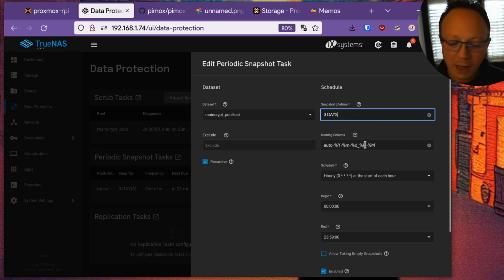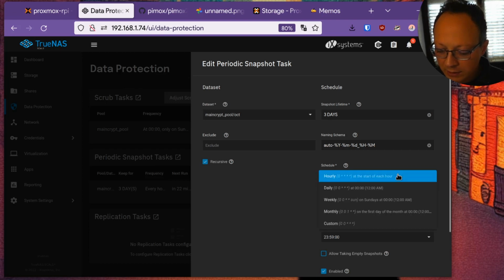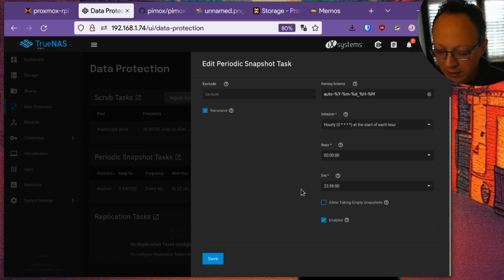You can also do manual snapshots, and you can do it when you want, so hourly, daily, weekly, etc., or custom. And you have a very complete UI for this task.